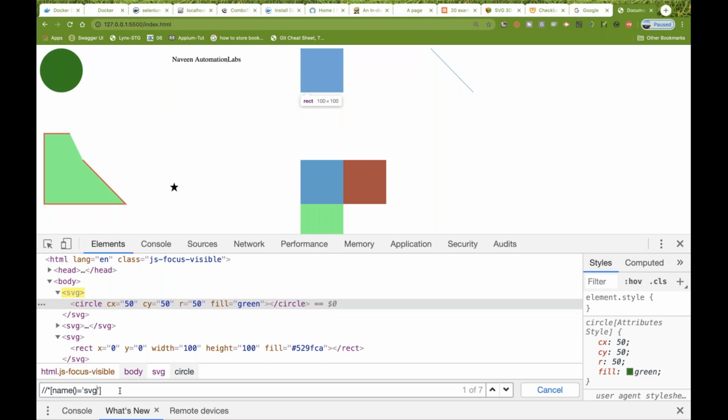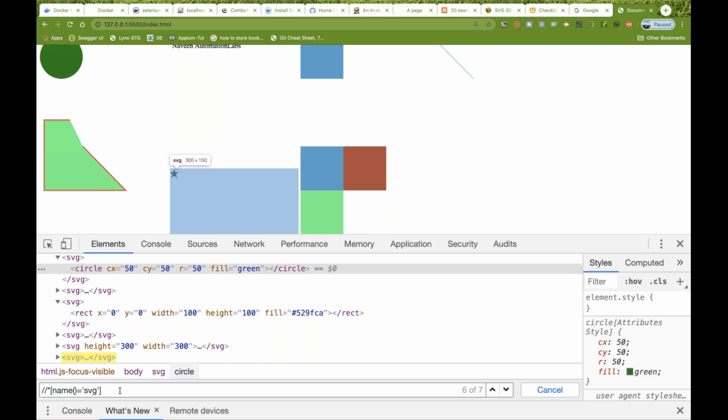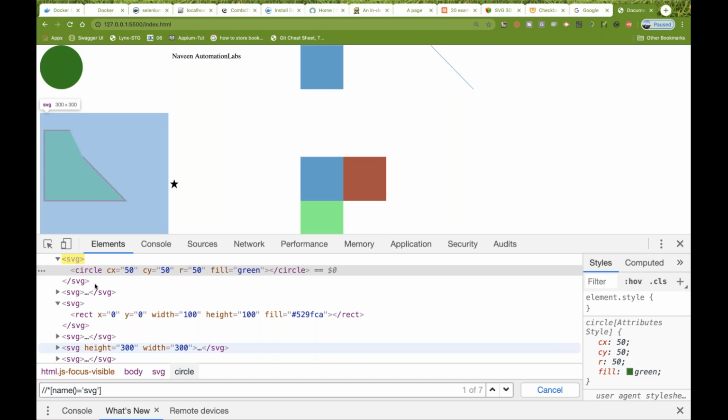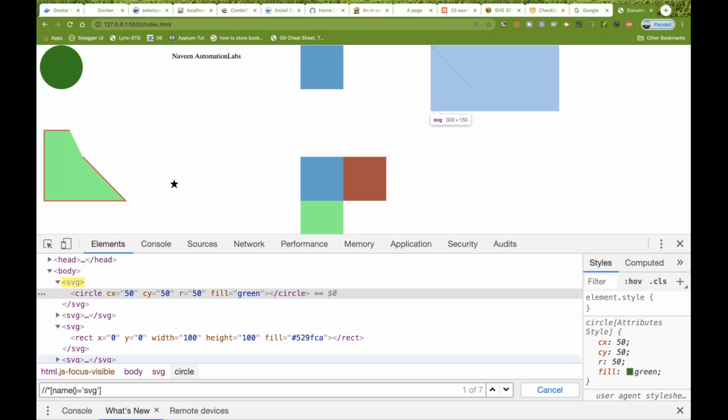It means there are 7 SVGs available. You can see 1, 2, 3, 4, 5, 6, and 7. These are the 7 SVGs available. But out of these, we have to go to the circle SVG. So how will you go there? It means we have to go to the child of this first SVG, so double slash and simply write